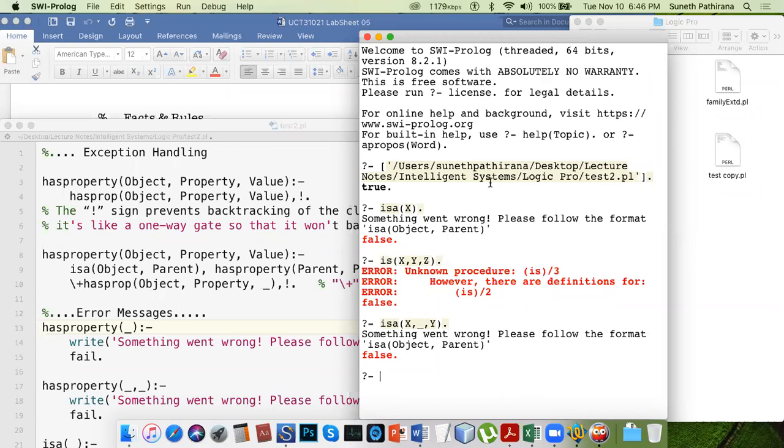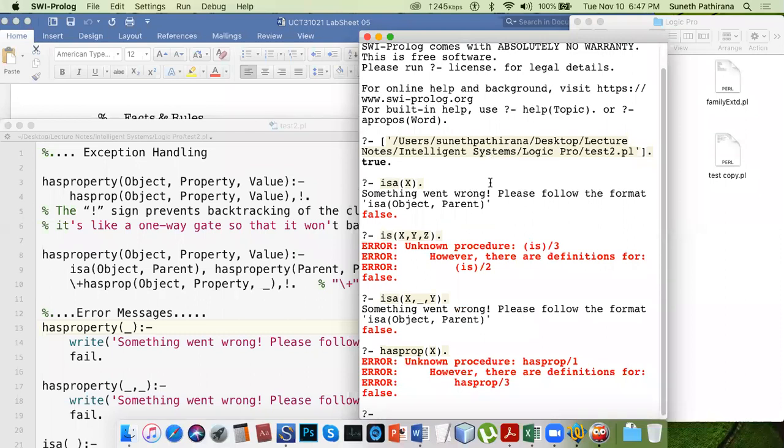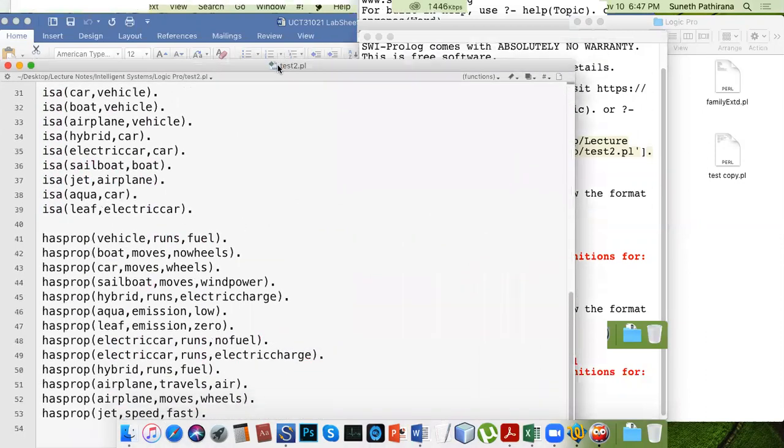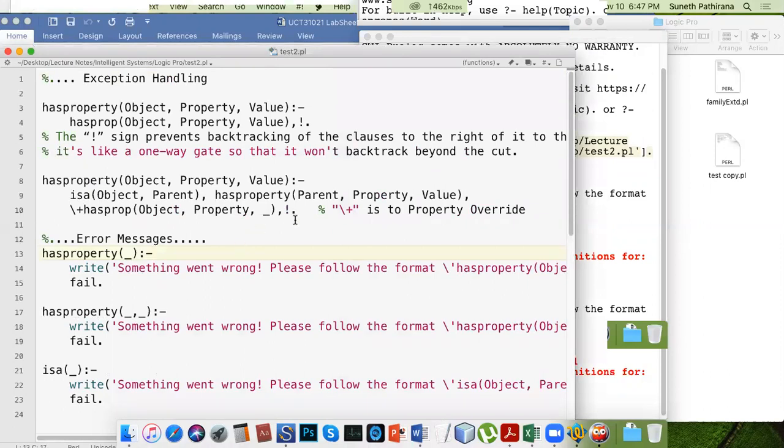Accordingly, you can try out these has prop. You try out with only one parameter. Here has property. Error handling has property. Oh no, it's correct. Has property, has prop. This is the correct format, a user-defined function kind of thing.